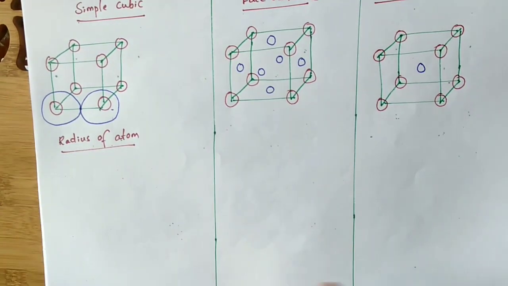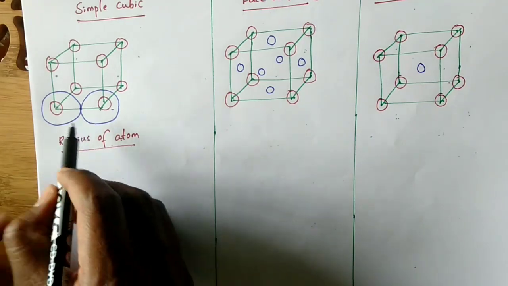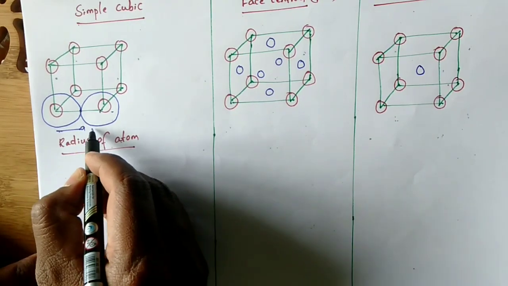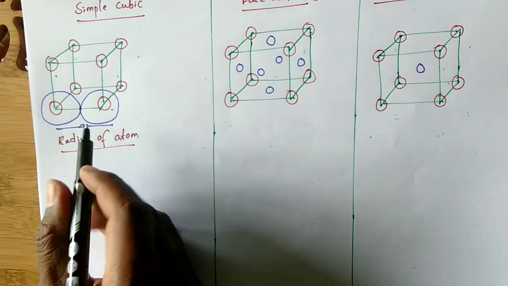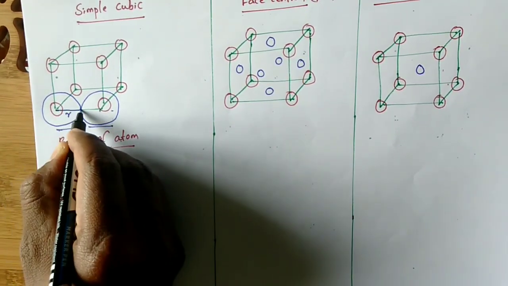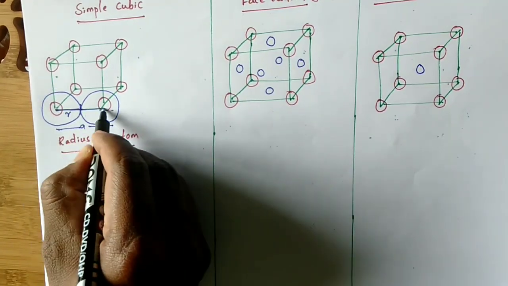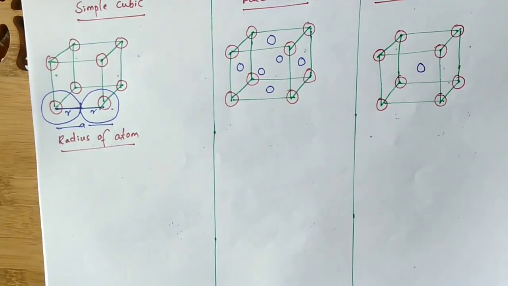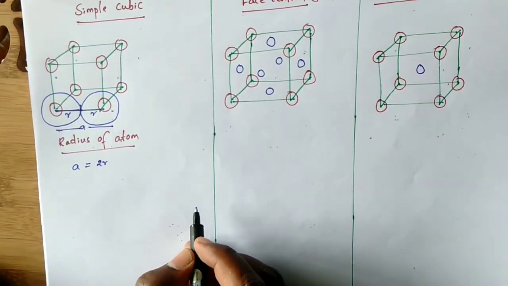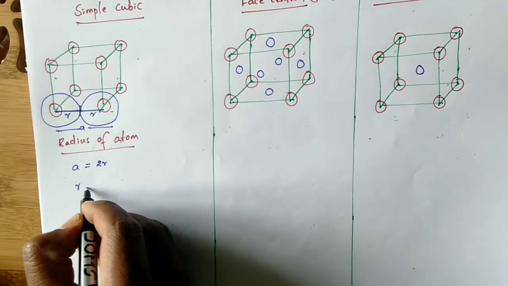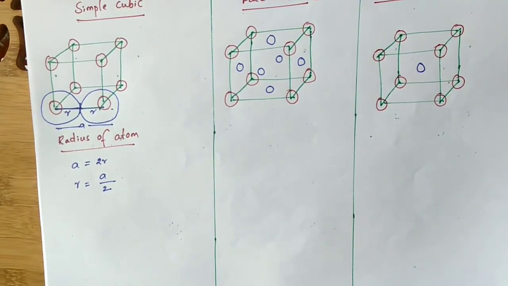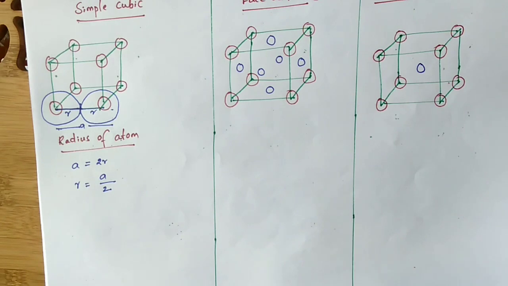Okay, actually the 3D representation is very beautiful to look at. Okay, so this is one atom at corner and this is one atom at corner, and this length is what? A. Length is A. And shall I take here to here as the radius of atom? Here to here, this is the radius of atom, and here to here, this is radius of atom. Okay, now this edge length A is equal to, shall I write 2r? 2r. Okay, now radius equal to A by 2. Simple. For simple cubic it is very simple. Radius equal to edge length by 2.